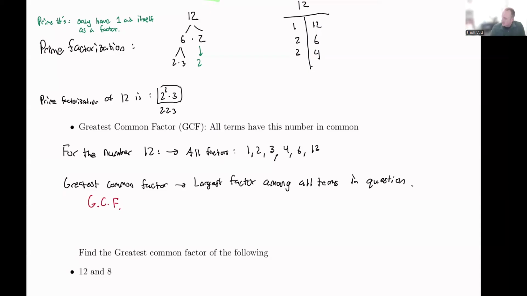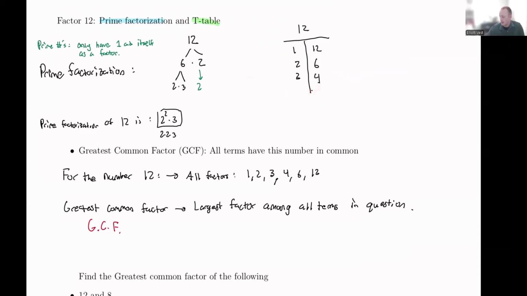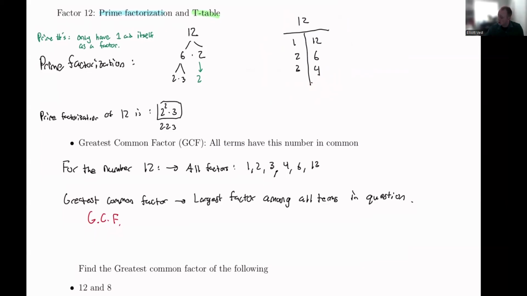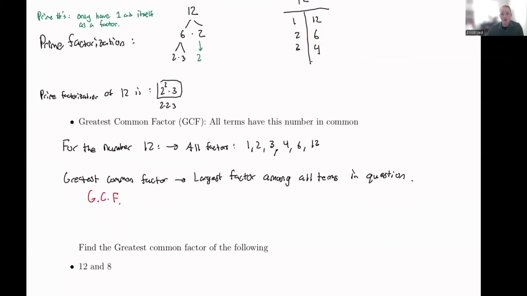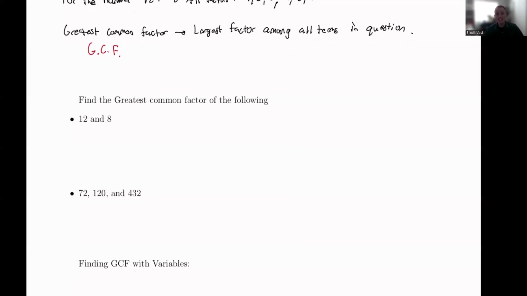And the key to this is usually, I think this will end up being easier, the t-table. The key to this is usually knowing all the factors of your numbers or your variables, so you can figure out the largest number you can pull out, the largest number that is considered a factor. So let's look at 12 and 8. I'm going to start writing them out. I think it's good to write it out here. Maybe you guys can see what the greatest common factor is already, but I'll put